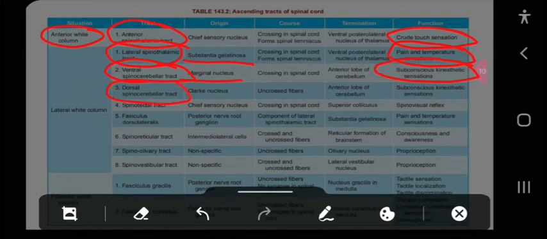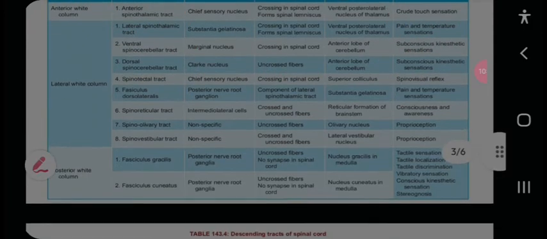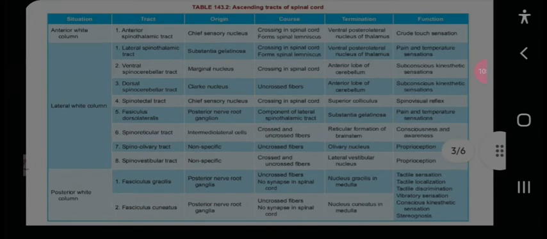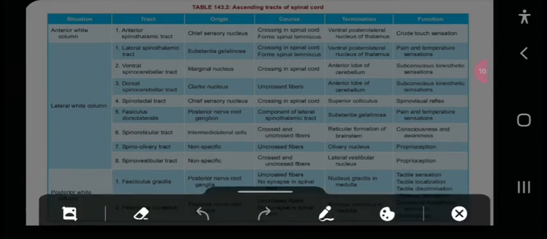Dorsal spinocerebellar tract, Clarke's nucleus, uncrossed fibers, anterior lobe of cerebellum, subconscious kinesthetic sensations. Lateral white column, spinotectal tract, chief sensory nucleus, crossing in spinal cord, superior colliculus, termination and spino-visual reflex, fasciculus dorsolateralis, posterior nerve root